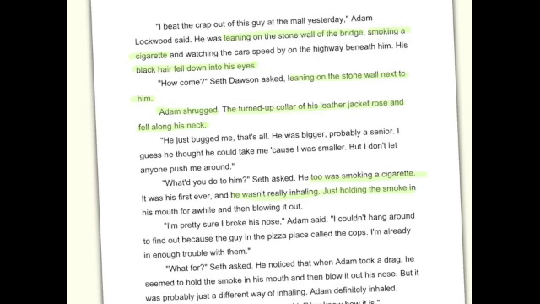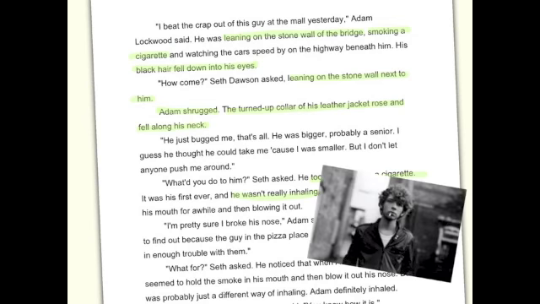Do you get an image in your head of Adam? I did a little looking around on the internet and found something that might be a little bit close, though not perfect, but I knew what to look for because of the description. Yeah, I can see Adam looking a little bit like that. Trying to look tough, though we can tell he probably really isn't.